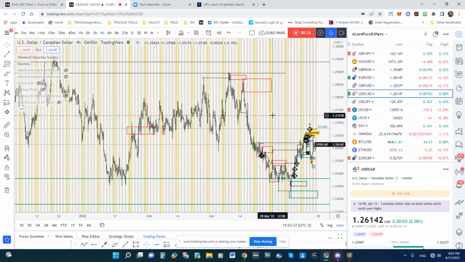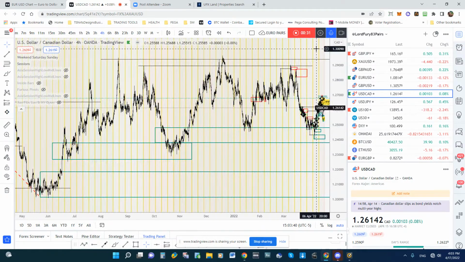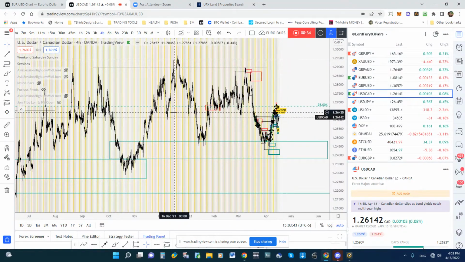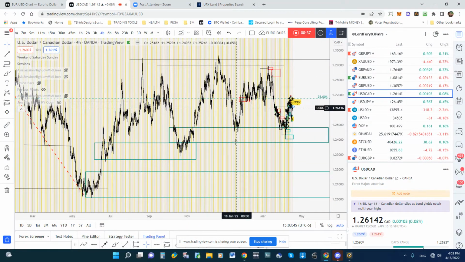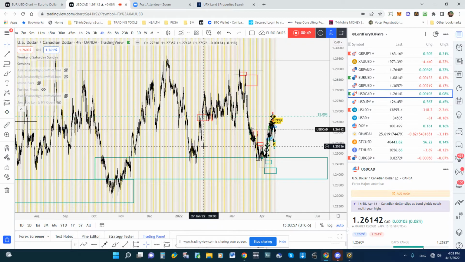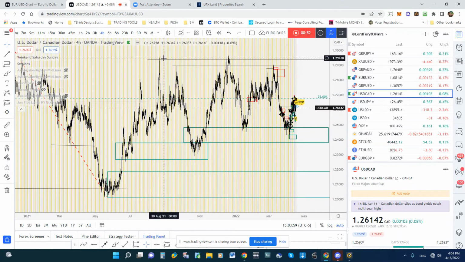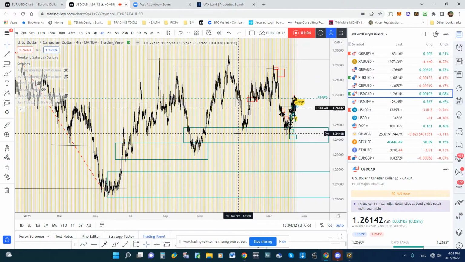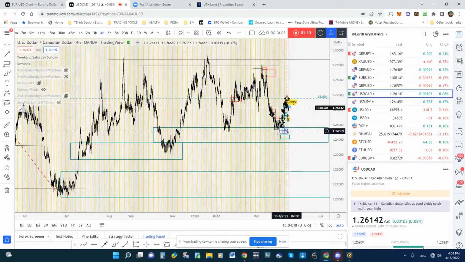If we look overall at what is going on with USDCAD, this is a 4-hour time frame. It's very similar, at least over the last half a year or so, to what's going on daily and weekly on GU and EU. Price broke the high and made the higher high. Then we bounced from this demand and failed to make a higher high, therefore making this an inducement. That inducement has been taken out into this demand. That demand held, and now we're going up.